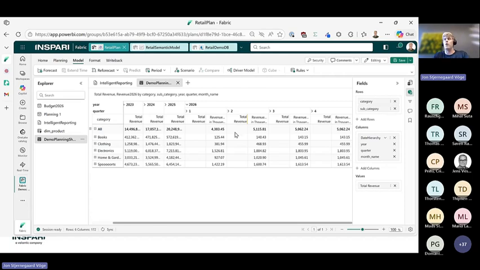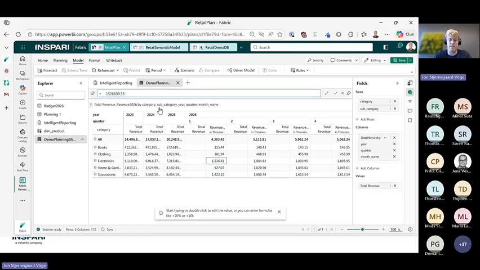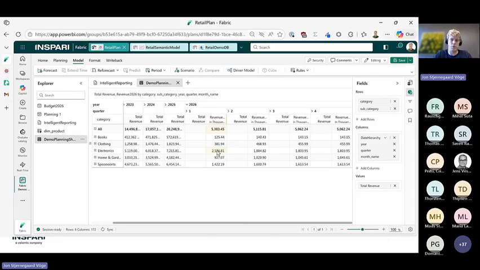I know that we are launching a new product, and I know that we expect a bump in the electronics revenue in Q1. So I can just double click on a cell and say I'm expecting a 20% increase. I can multiply by 1.2. I could manually add 1 million if that's what I wanted. And you'll see that it updates those numbers, right?